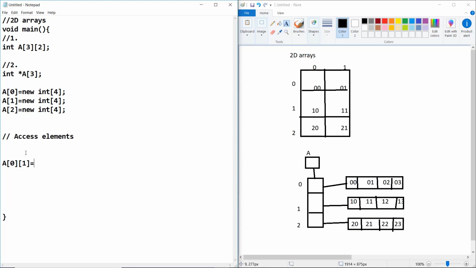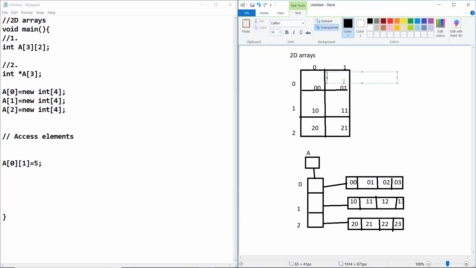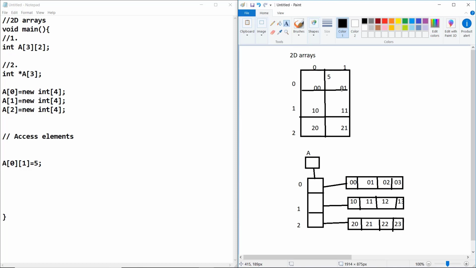If we want to assign a value of 5, we can do it, and it assigns 5 to this box. For the second part, it is the same even if we define it dynamically.